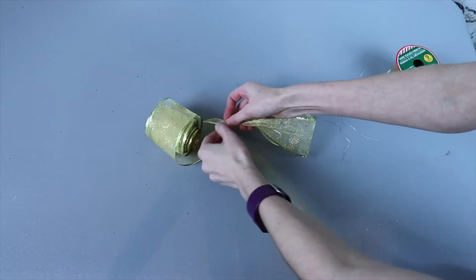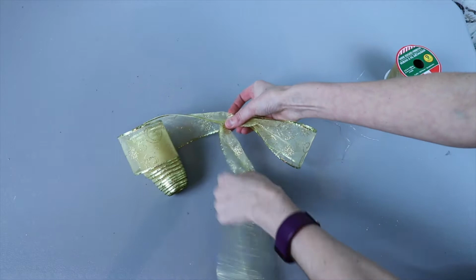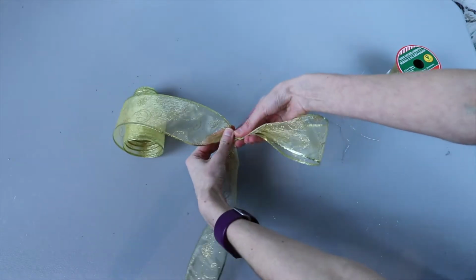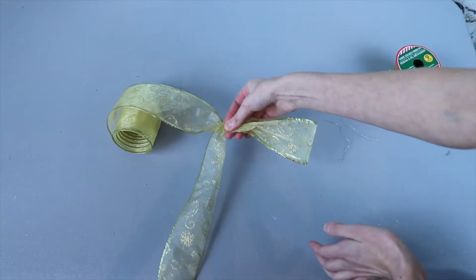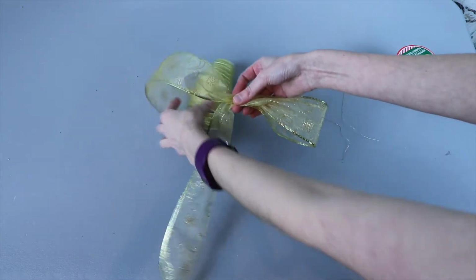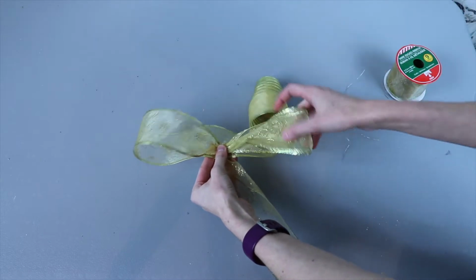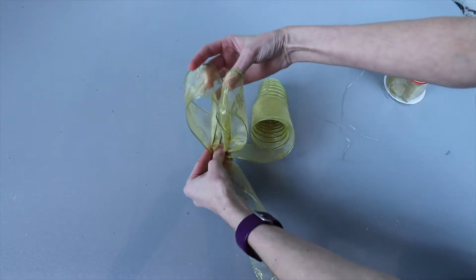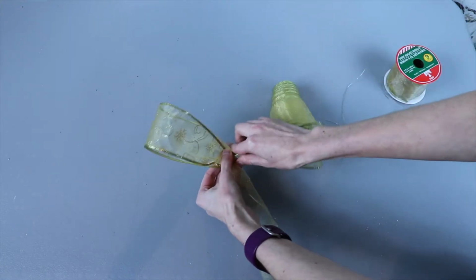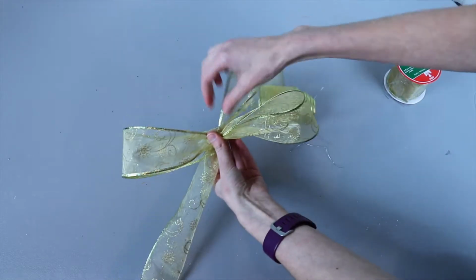Pinch it at the center, and then I'm going to twist it. So pinch it at the center, and then twist it. I found the twisting is the most important part because that's what keeps it together while you're folding your ribbon back and forth. And then make a loop, and you want your loop to be about as big as the loop on your first side. So an easy way to do that is to just fold it upwards, get them about lined up, and then again pinch it. Once more, twist your ribbon